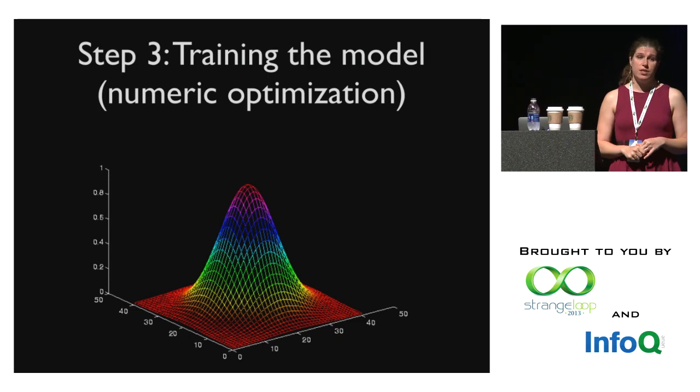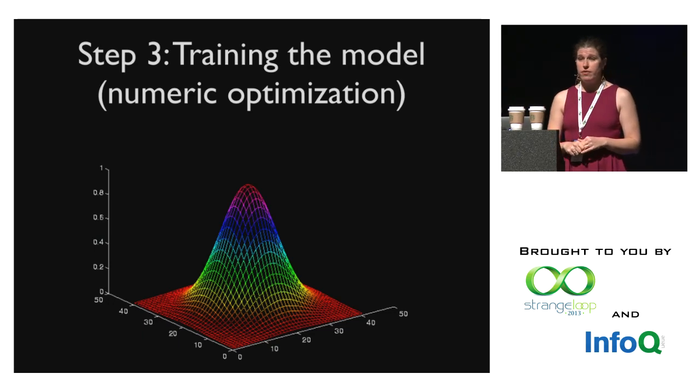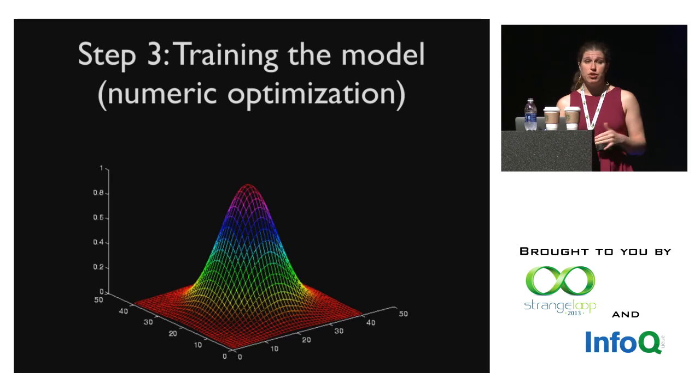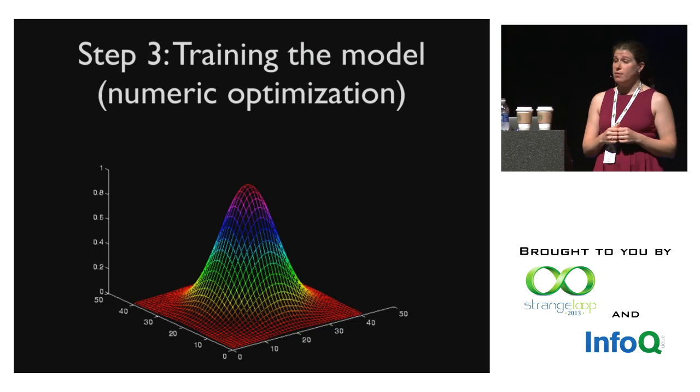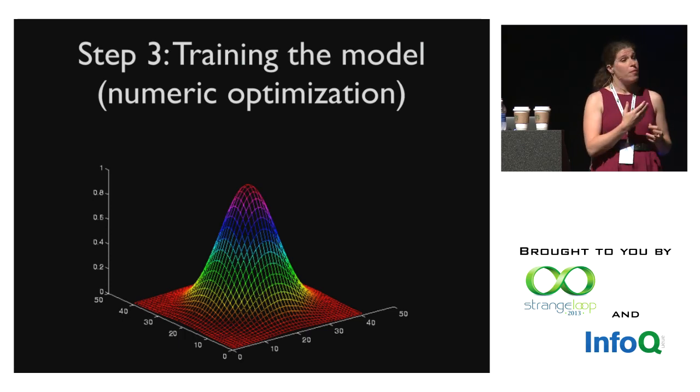We use numeric optimization. Do you remember when you took calculus and you learned how to find the maximum of a function by taking the derivative and then finding the point where it equaled 0? Well, this is that, but just with thousands of dimensions, one for every feature. And so the optimization determines how the different features get traded off between. Is a social signal worth twice as much as having a topic in common? Or is topics in common more important? Instead of just guessing, we find the mathematical optimum.